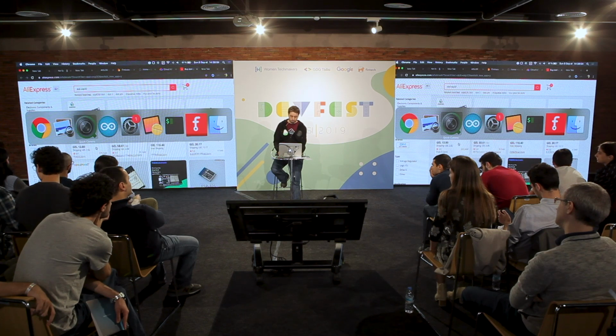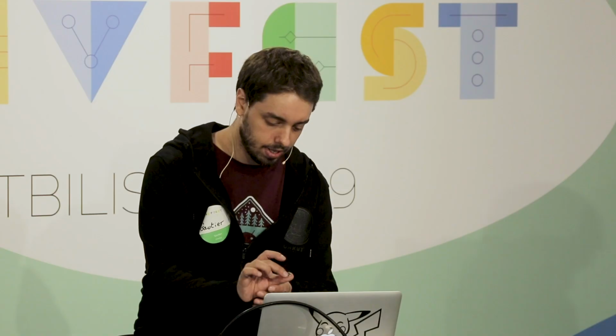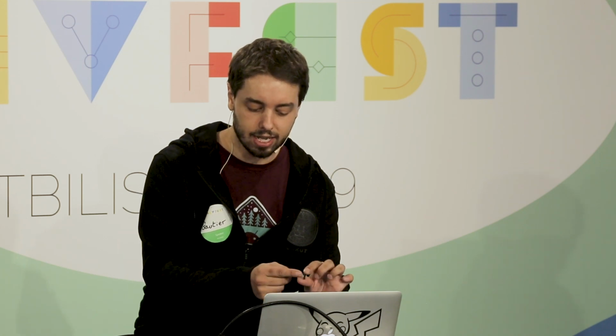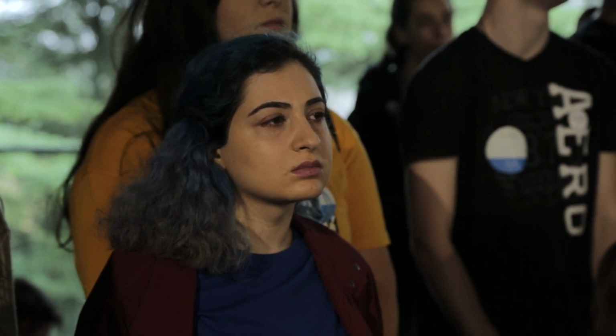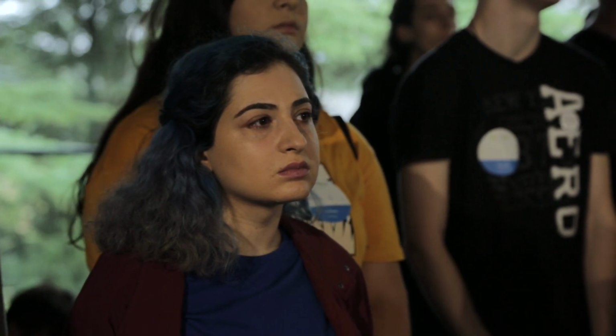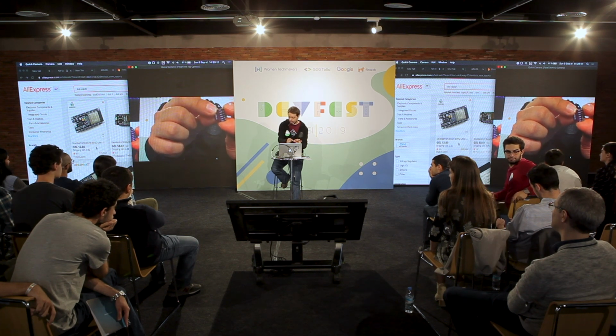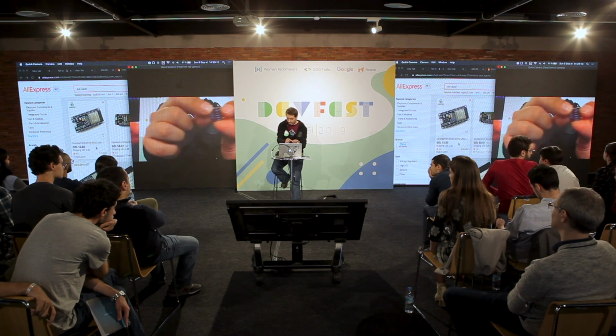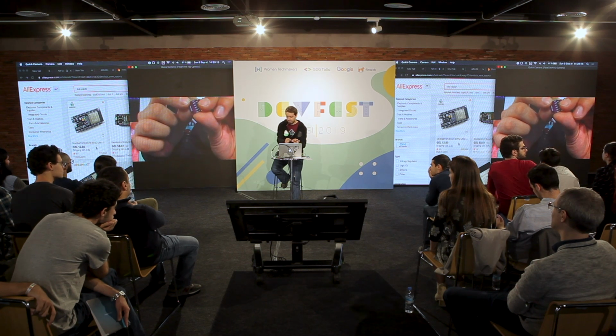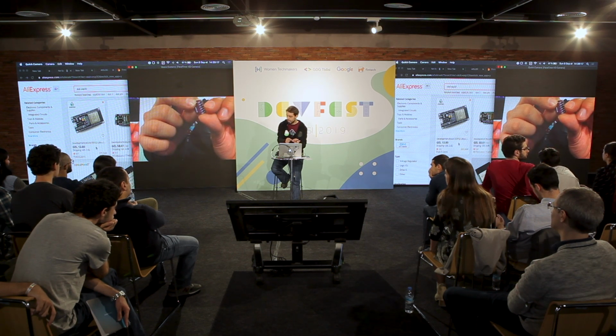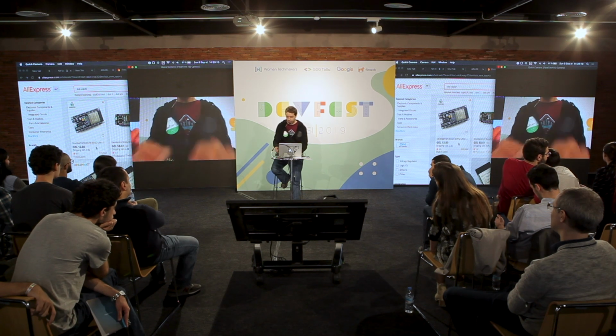Okay, so now we will use a very small sensor. It's this one, which is a BME280. It's a temperature sensor, which has some wires to connect to your microcontroller. You cannot see in detail, but here it's written how you connect it. You have 1 line for the power input, 1 line for the ground, and then 2 lines to connect it to your microcontroller. One is called SCL, which is the clock, and one SDA for the data.